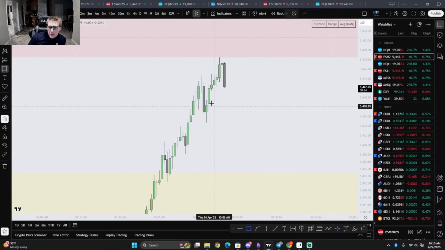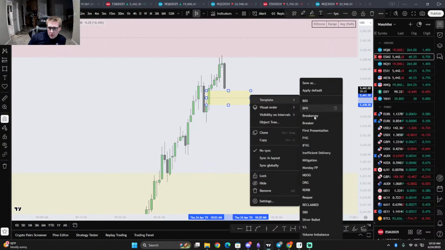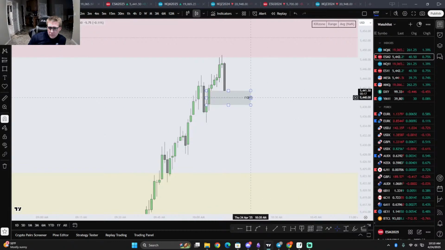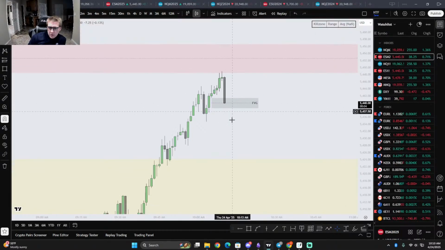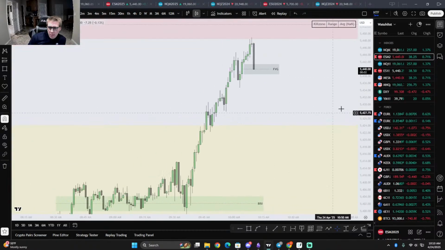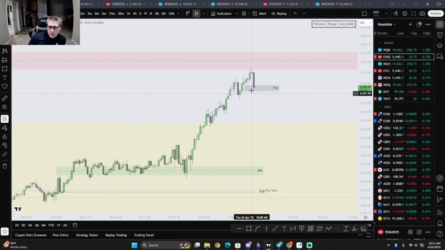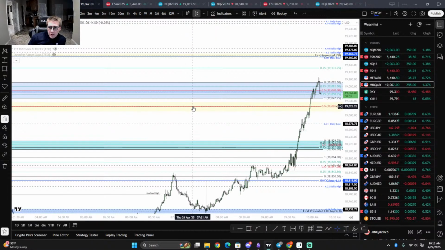I want to see if this buy side imbalance fails. That's what I'm going to be tape reading here. I want to be looking at this fair value gap. Technically, it's not really a fair value gap though. We have sell side delivered, buy side delivered, so this is part of a balanced price range. If we trade below that, that's telling, especially with speed here. I think this is going to entice short sellers here. People probably want to short right now, looking to fade the move.